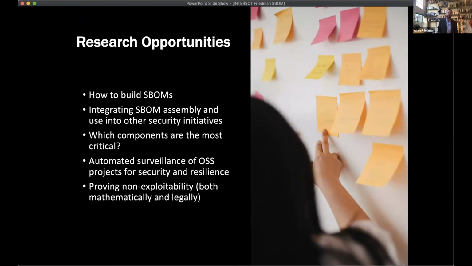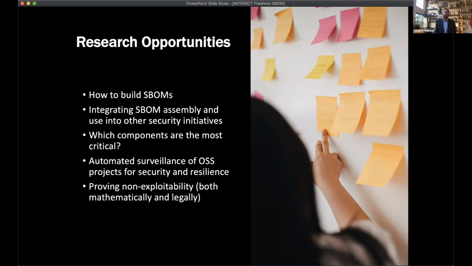There are some great research opportunities. I'm happy to talk more about this. Understanding if my SBOM has 5,000 components, what are the 100 that are the most important? I think that's a great challenge for those of you who think about software execution, software binaries. Similarly, how can we automate surveillance of certain types of open source projects? So how do I detect whether or not someone's trying to backdoor an open source project? A lot of this can be done with fairly straightforward machine learning, but I don't know of anyone who's built this kind of system today.